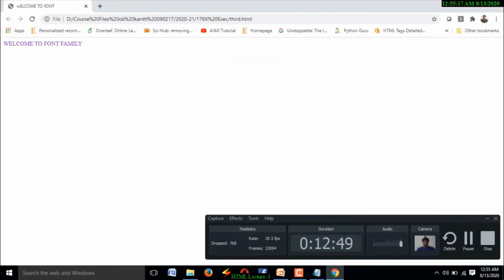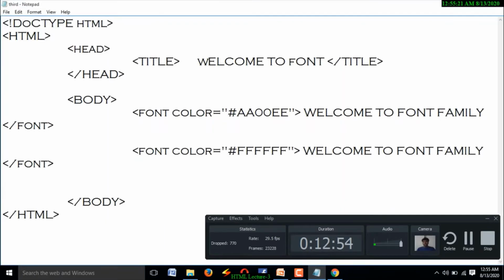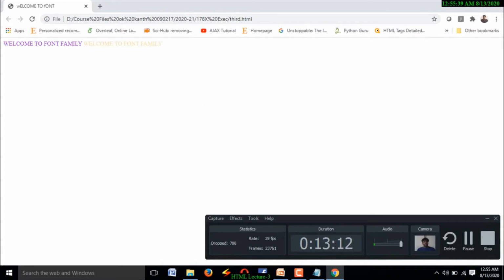See, this is purple color. Like this, you are going to get different colors with different hexadecimal values. Observe this example once again. Like this, you may practice. You may get more colors with a larger number of combinations.